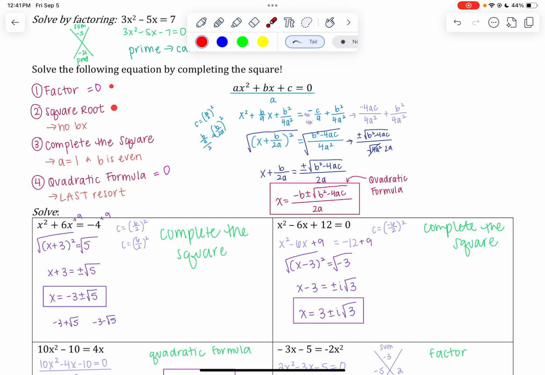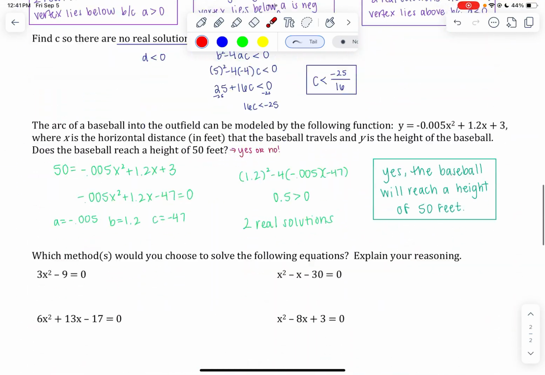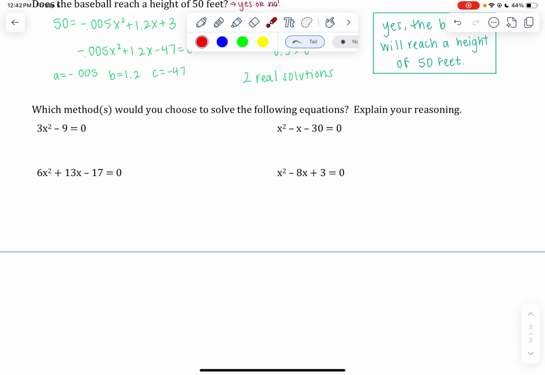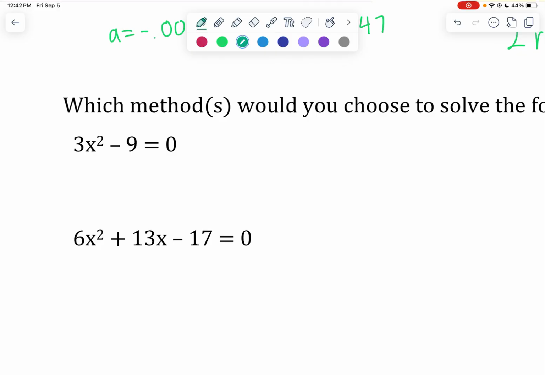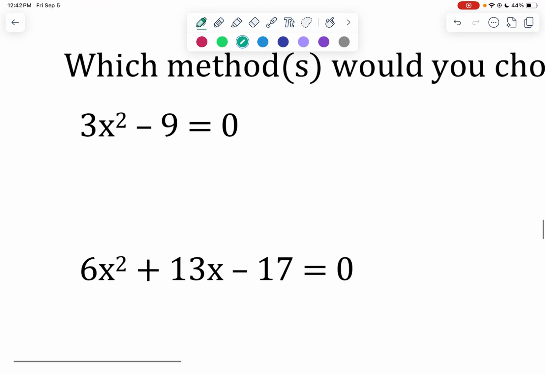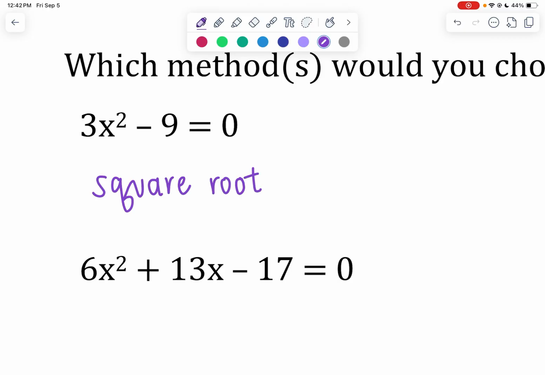Do you want to factor, square root, complete the square, quadratic formula? So down here, let's take a look. It doesn't say to solve, it just says which method or methods would you choose to solve, and then let's explain it. So if I take a look at this first one, I'm immediately seeing that there's no bx, so this would be a great one to solve by square root. All you would need to do is add the 9, divide by 3, square root it, right? And that's just because there is no bx,